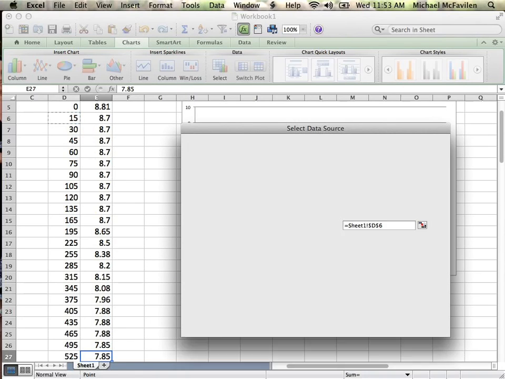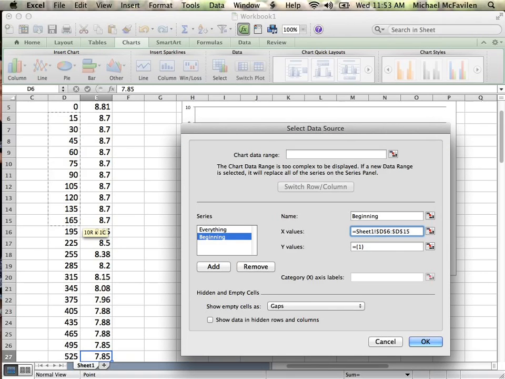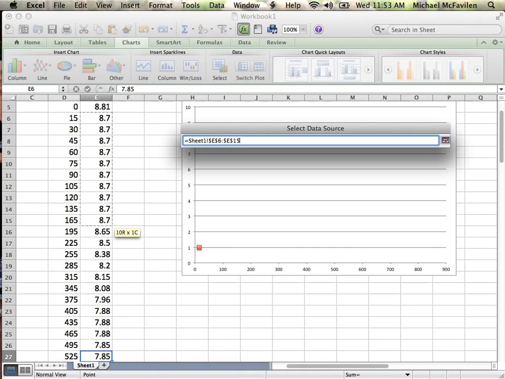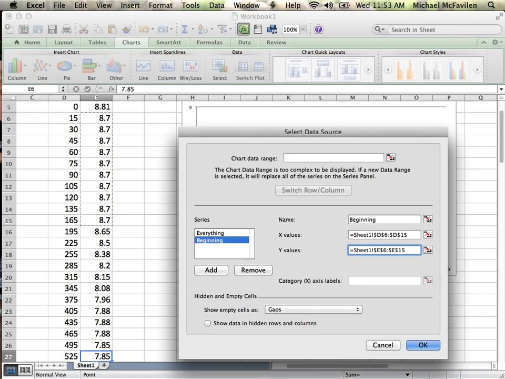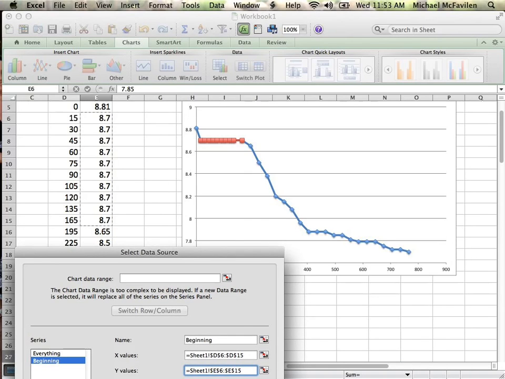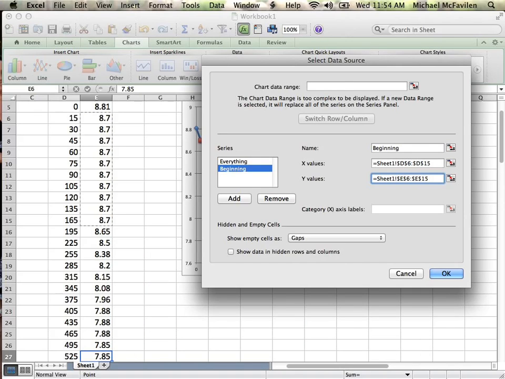Click, drag, 165. Those are all my x values. For my y values, I want that same 15 to 165. If we go back to the data set, you'll notice we have those data points now as a different color, because Excel will do that for us, showing that data. To me, all of those look like they're roughly in a straight line. That's fine. I'll add a new data set, which is going to be pretty meaningless, but we'll do it anyway,